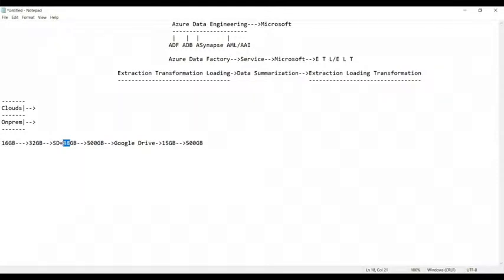No, we cannot. Can you recover this 32 GB of memory? No. Can you recover this 500 GB of memory? Yes. In fact, that means whenever you store the data in a Google Drive, if you